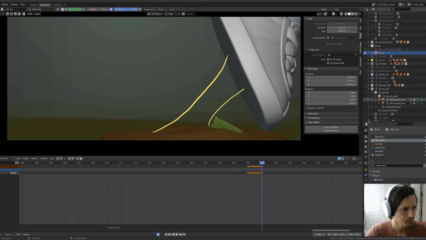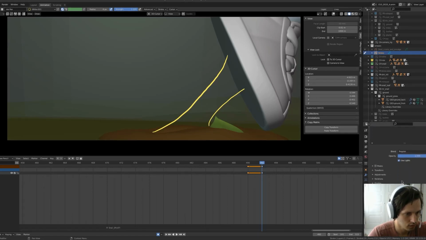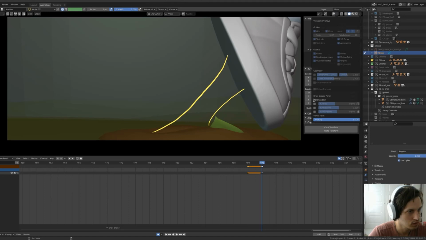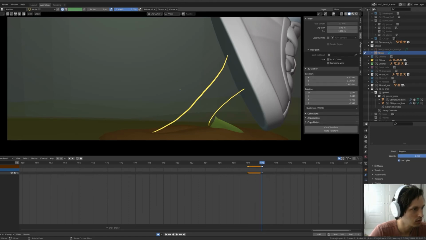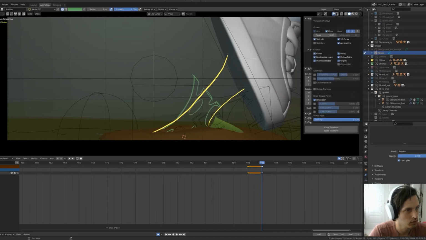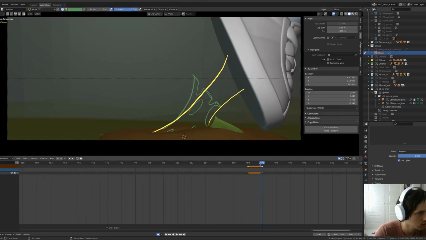I want to turn on ghosting for this so I can see the previous frame. So it's on right here. I think there's some settings here that I need to turn on, and then I know I need to have the bones and everything turned on as well to see the ghosting, as you can see. So I manually need to turn off these things. So like that. So at least now I see where the mass is coming from. It's coming from around here, I think. On this line,